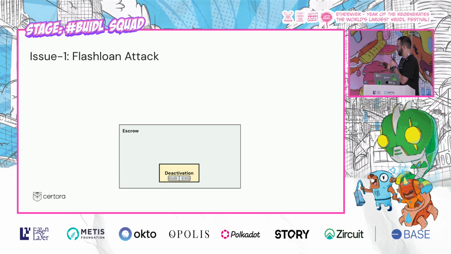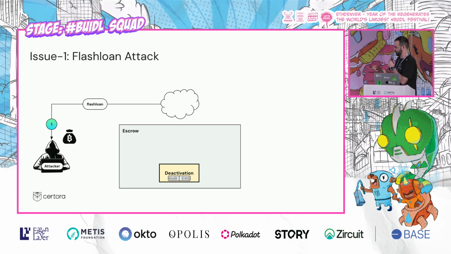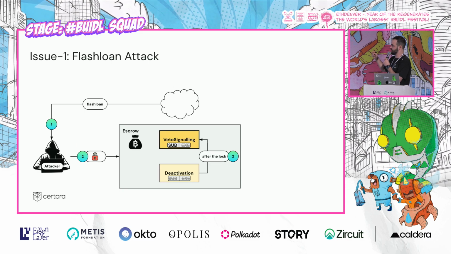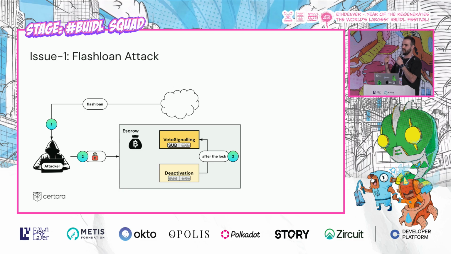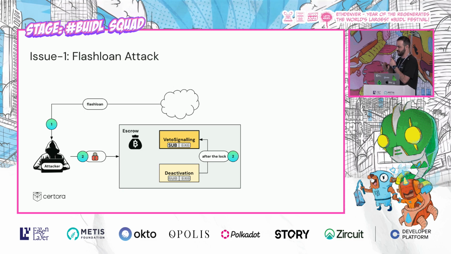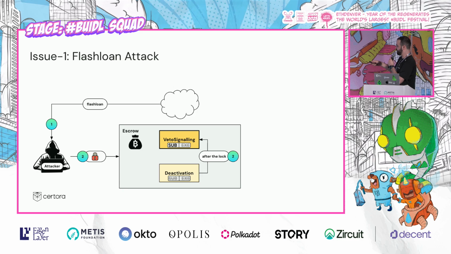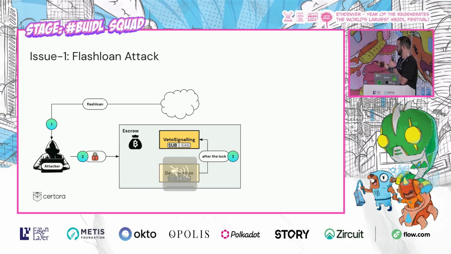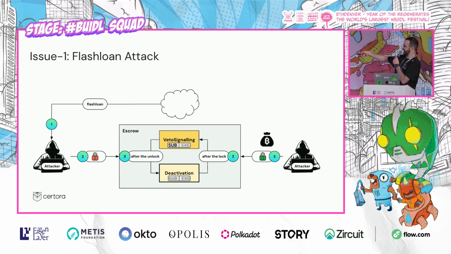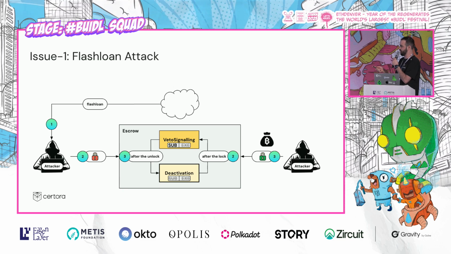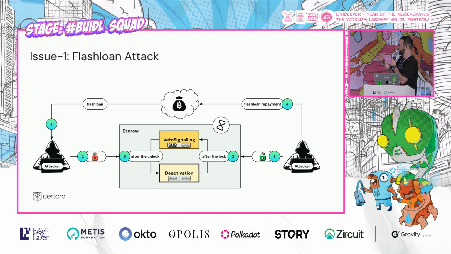Before the 24 hours have passed, we can again take the flash loan and lock the funds inside the escrow, which means that we refresh the clock for the deactivation to 24 hours. So next time we'll be in the deactivation, the 24 hours starts again. Now we're in the veto signaling, and we again unlock our funds, transfer back to the deactivation state with a new 24-hour clock. We repay the flash loan and wait again.